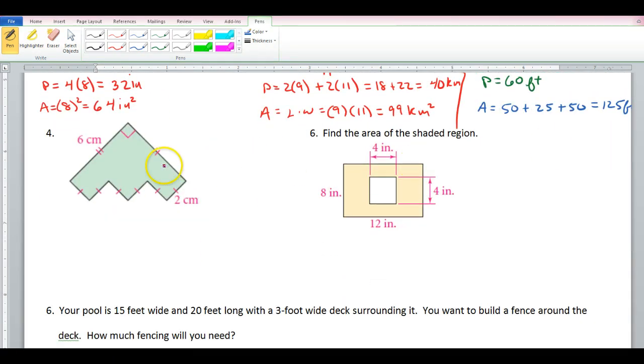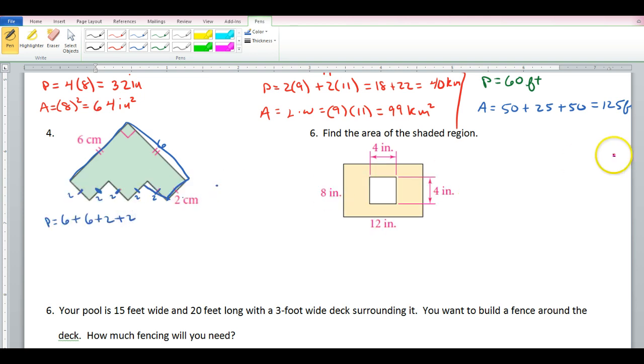Now number 4. All of these little tick marks here tell me all of these are congruent. So if this segment's 2, all of these pieces will be 2 also. So when I go to find the perimeter, right, I'm going to basically take 6. I'm going to add, this has 2 tick marks, that has 2, so that's 6, plus, right, 2, plus another 2,